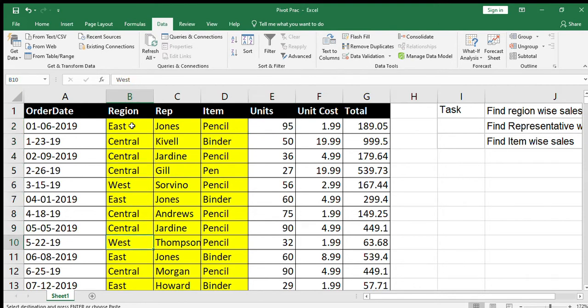Suppose you're writing east, west, center, and then suddenly you write one or two, or maybe you also write representative names over here, then you will not get correct data. Similarly, if in place of units you write unit cost, it will bring calculation problems. That is why it is very important to have your data in a cleaned format so that you can further use a pivot table on it.